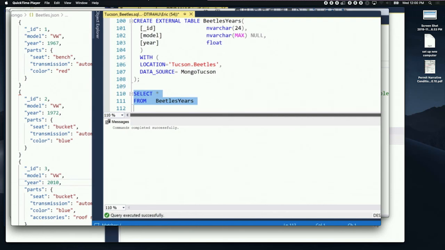Well, there is a performance question here. The way DocumentDB works is, in order to get this ID, model, and year from each document, it has to pick up the entire document and parse through it. It's only returning those three fields, but it still has to pick up that entire document. The positive side is you're only transferring those three fields across the wire, so you do get some benefit there, but that's just the nature of DocumentDB. It's not as efficient as SQL if I'm looking for subsets of data, because I've got to pick up entire documents at a time and parse them.